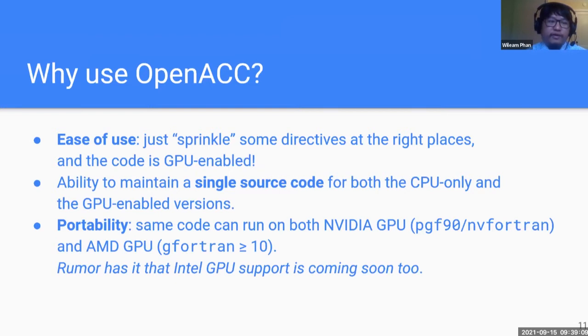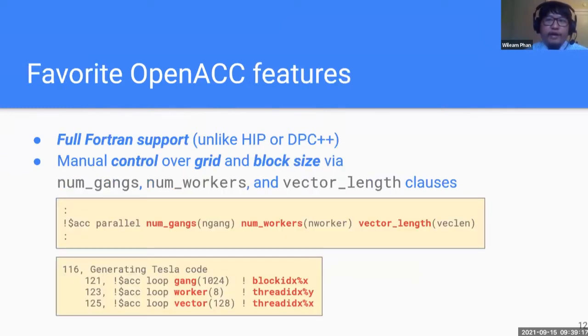So in short, OpenACC is easy to use. We can maintain a single source code, and it's portable. And we have a list of several favorite features in OpenACC. The first one is full Fortran support in OpenACC, unlike, say, HIP, which is C and C++ only, or DPC++, which is also C or C++ only. The next one we like most is